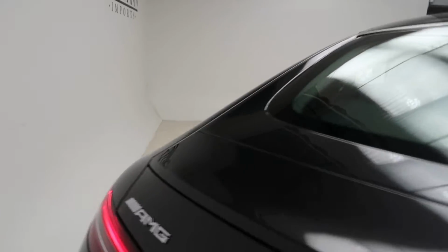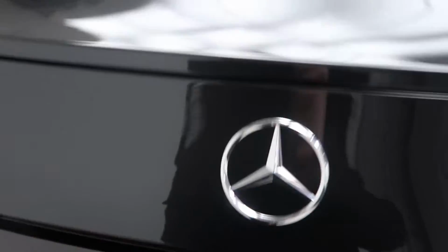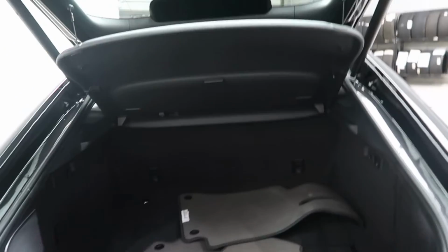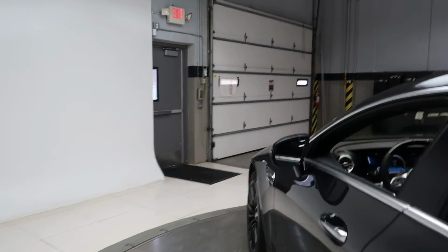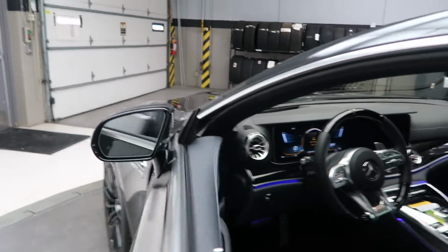retractable rear wing, AMG GT63 badging, power liftgate, a clean set of floor mats, cargo cover, driver's assistance package with blind spot assist, active lane assist, Distronic Plus with steering assist, speed limit assist,